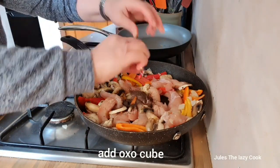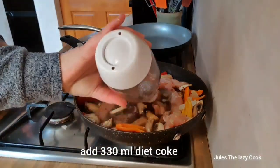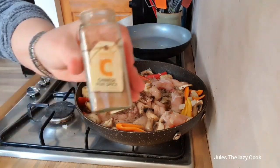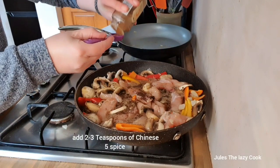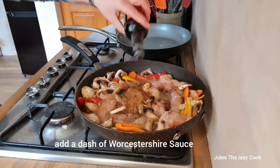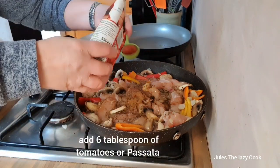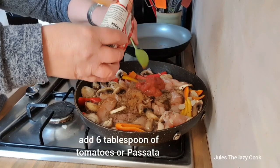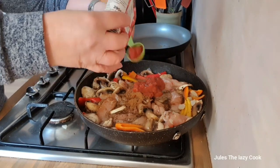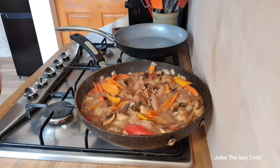So add the OXO cube after you've added the chicken. Add the Diet Coke or Diet Pepsi or whatever it is you're using. Then Chinese 5 spice, add as much or as little of this as you like. I actually added 3 teaspoons in the end. A dash of Worcester sauce, and the passata or tinned tomatoes, 6 tablespoons of this. You can actually mix all this in a jug and make sure it's all mixed through